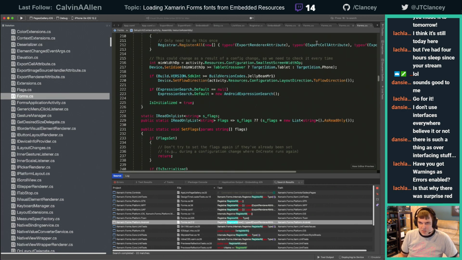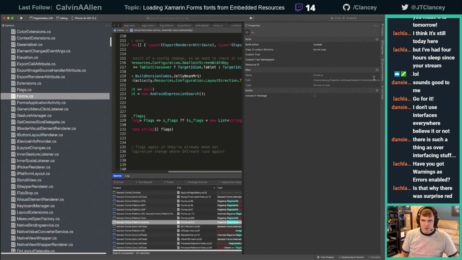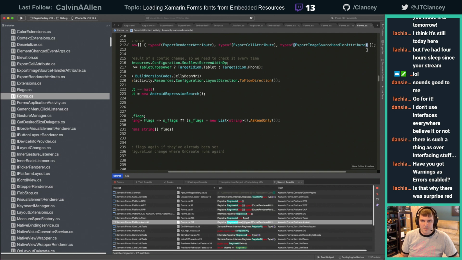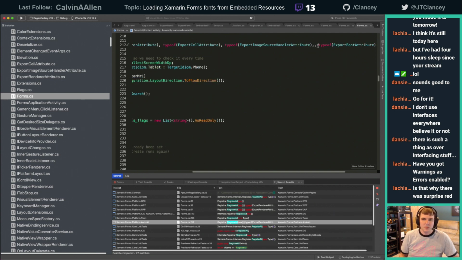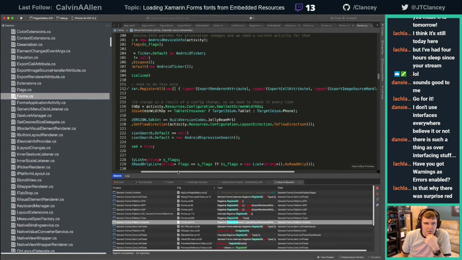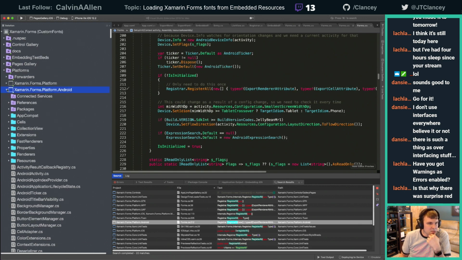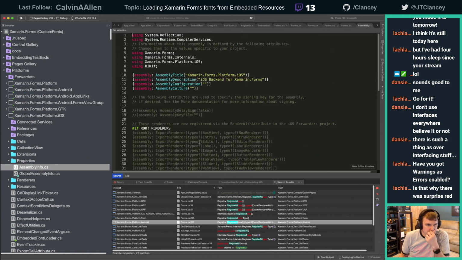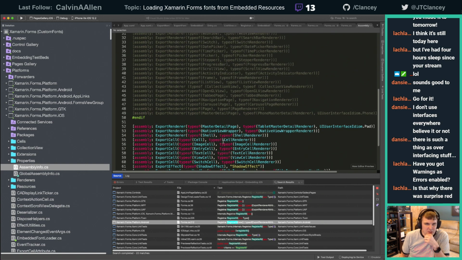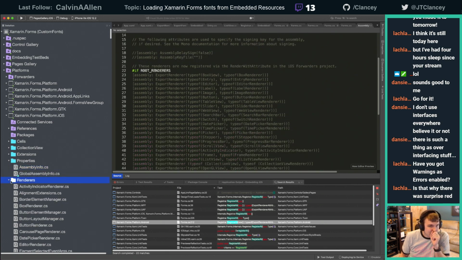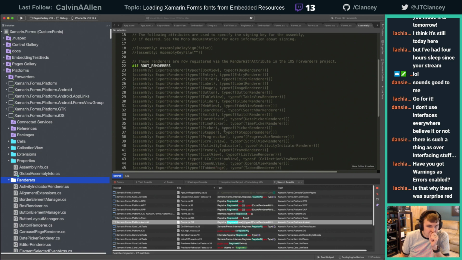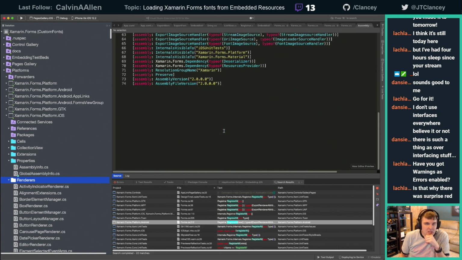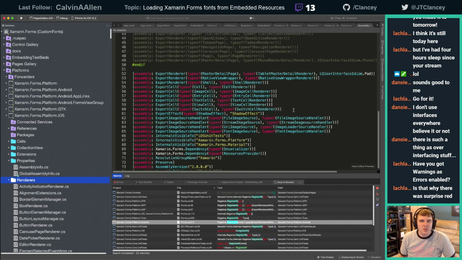Alright, so here we are. We're almost there. Oop, wrong button. Let's throw, come on, don't do that. Oh, 2 commas. Alright, so that added those in. We've now got all of those. Now we need to go to iOS. We go to Properties, Assembly Info. What's the root renderers? We may need to be, oh no, okay, we're fine. Okay, so now what we'll do,